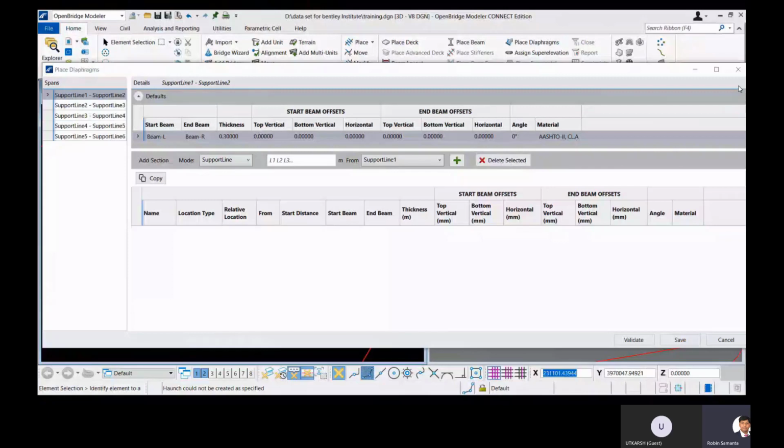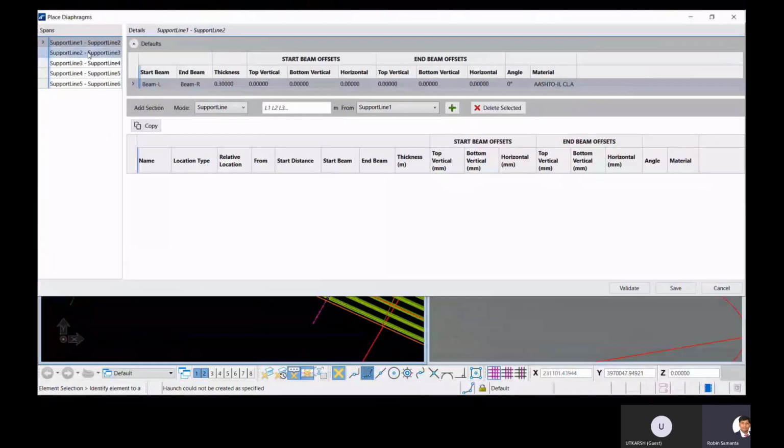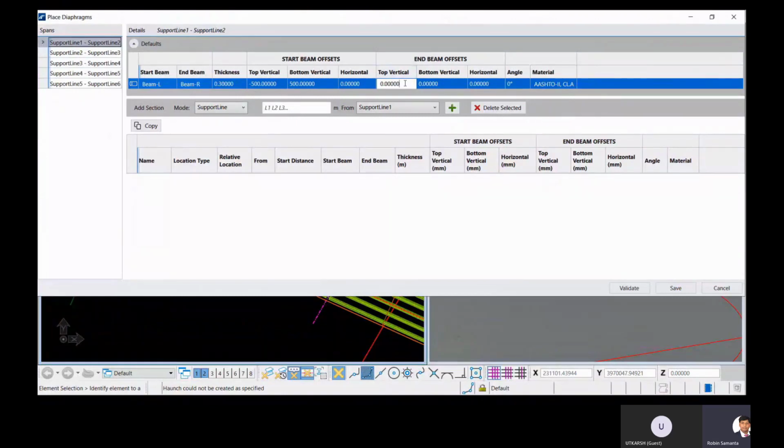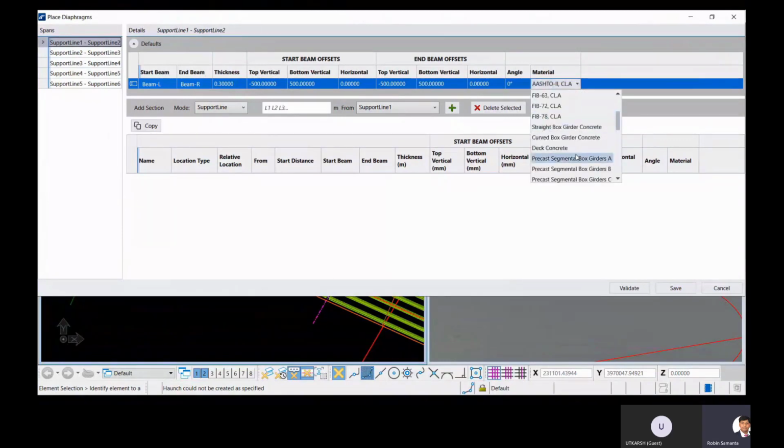And then for fast plan, we have to give input from top and from bottom, what is the offset of the diaphragm, right? And whether there is any skew angle or not. So you can see that we are putting the dimension from vertical, we are keeping a 500 millimeter offset, right? And top we are also keeping 500 millimeter offset. So from top and bottom the same offset, and skew angle will be applicable if the support lines from where you are taking the offset are in skew. So you have to keep that skew angle there.